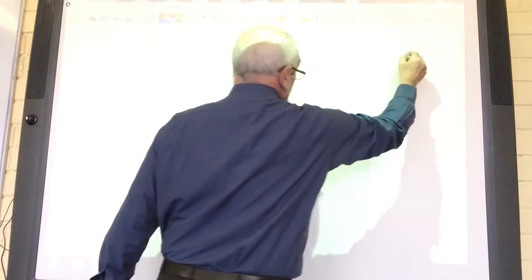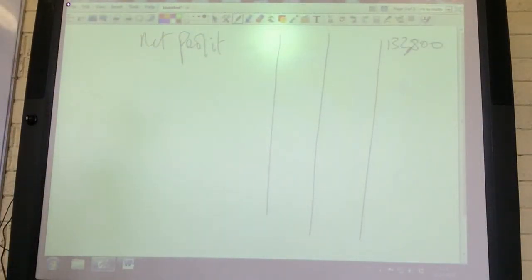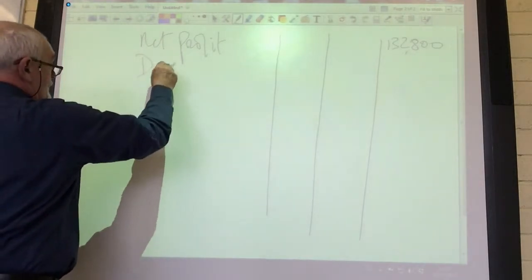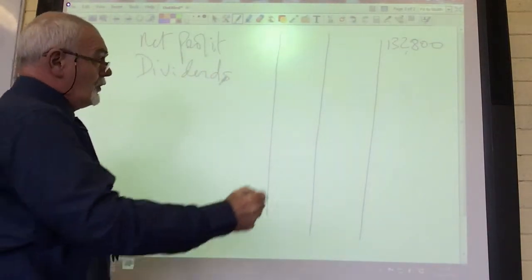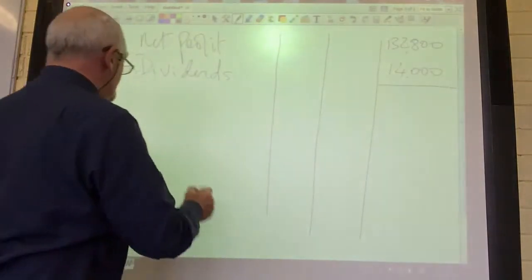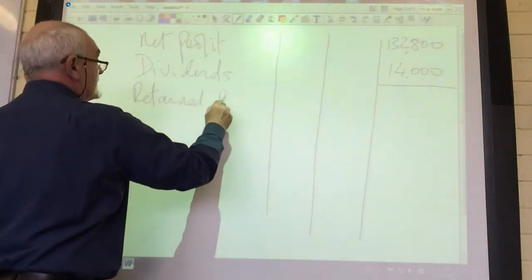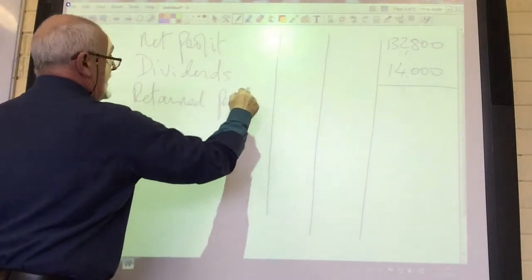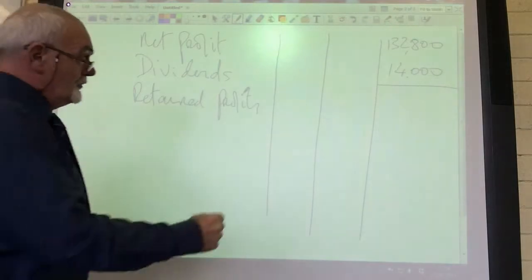132,800. Once we've got the net profit, we're into what's called the profit and loss appropriation section of the account. So we're going to give our shareholders their cut out of the profits of the company. So we've got dividends of 14,000. So we're keeping back, we are retaining profits or retained earnings. Earnings is only another name for profit. Retained earnings